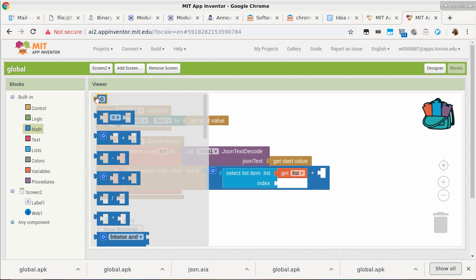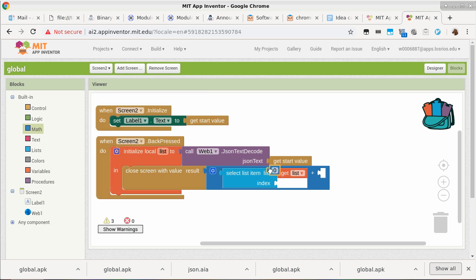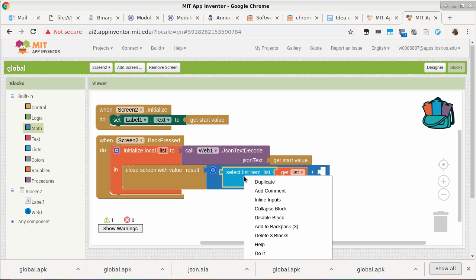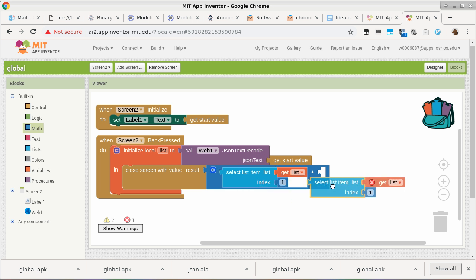And then we have to specify the index. The index is basically specifying which item in the list. And remember, even though in C and C++, Java, and most other languages, we start with 0, in App Inventor, we start with 1. Okay? And then the second item is just index 2.